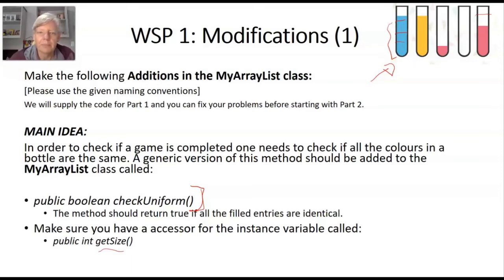Okay, so we have to add two methods to the myArrayList class, and those two methods is first a method returning a boolean, check uniform. Now we are again in like study unit 3. You have to write down the special cases, the algorithm. Can you develop a method for the class myArrayList which checks if all the elements of that array list has